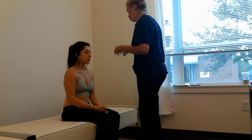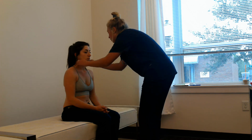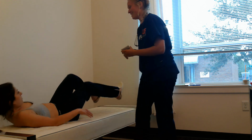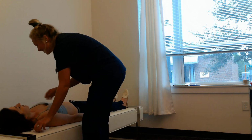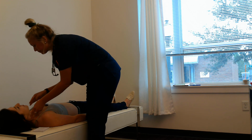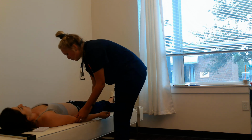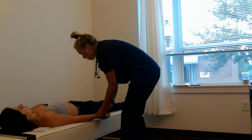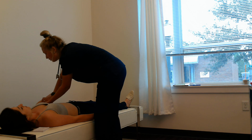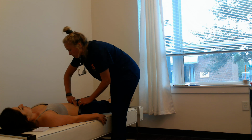Okay. Now I'm going to palpate your pulses. So first feeling for the carotid. Okay, this you can lay down for that. Thank you. Okay, feeling one carotid artery at a time. Then both sides, brachial, radial, other side, brachial, radial, femoral,